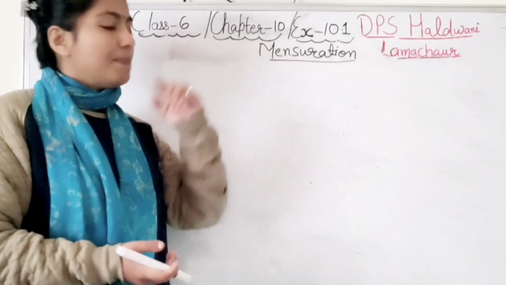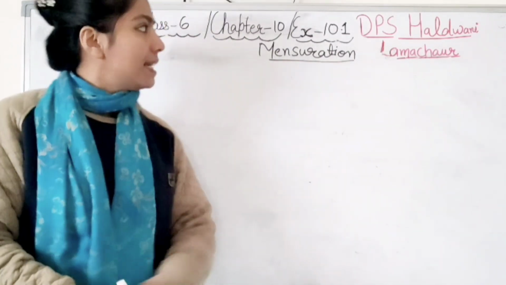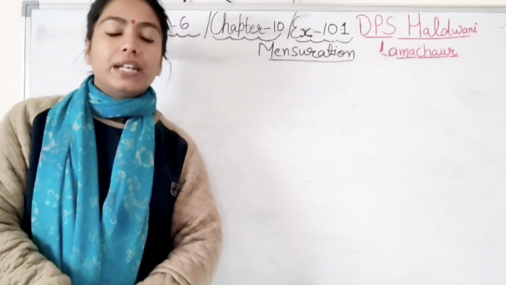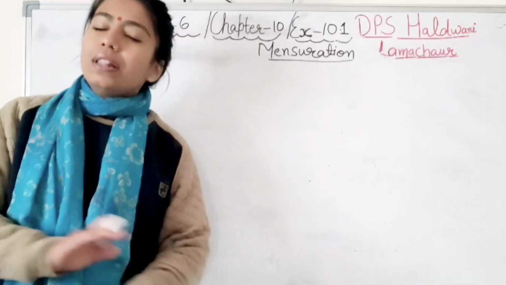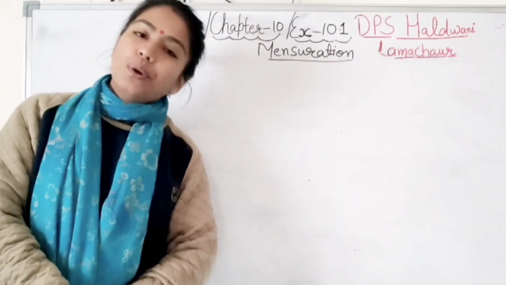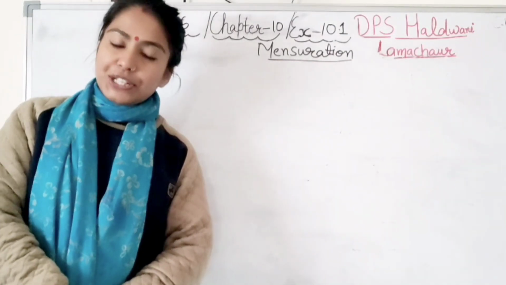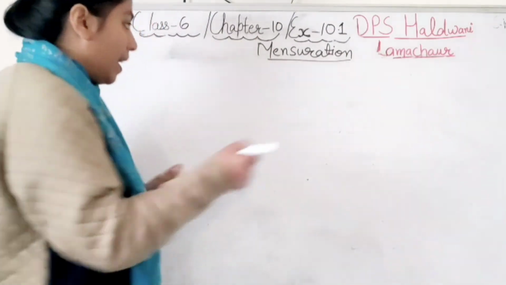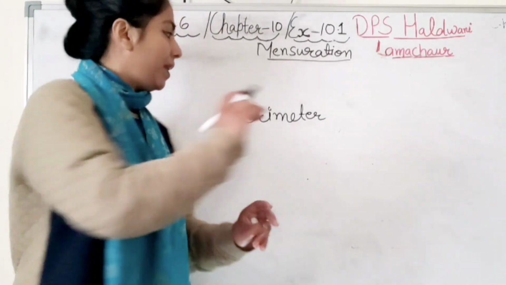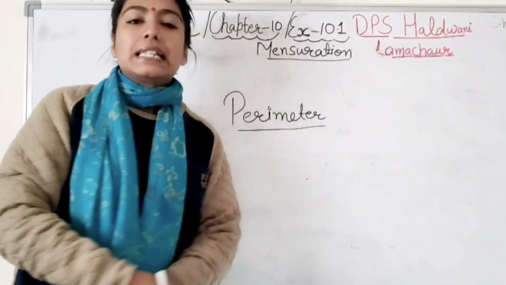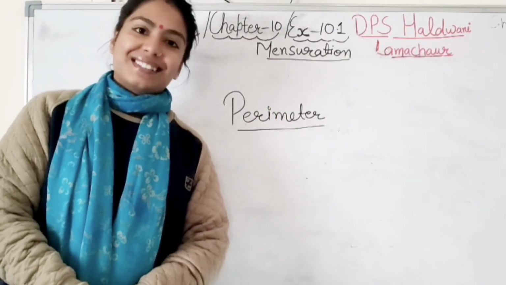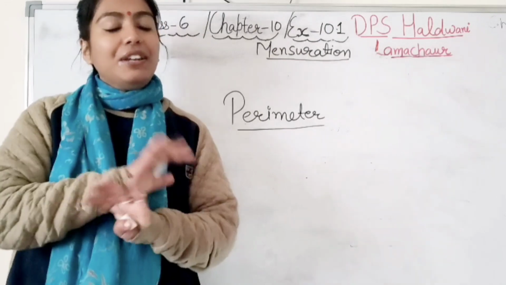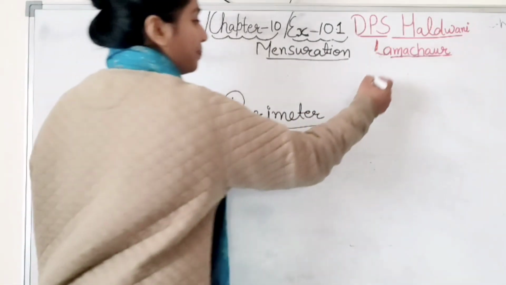And in this mensuration, the very first exercise we have 10.1, which is very simple. All the questions are very simple. Already you have done in class 5. Right student? So very first topic we'll do in this is perimeter. Everyone is very much familiar with this word perimeter. Sum of all the sides. Right student? Whatever figure you are having,